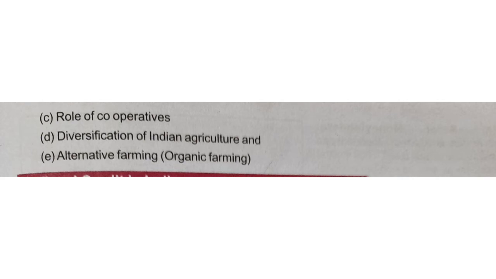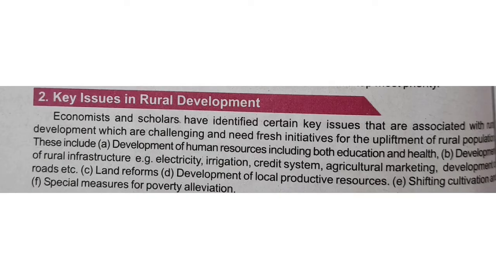And lastly, we talk about the alternative farming system, or in other words organic farming, which is nowadays very much on the rise. So the key issues of rural development are rural credit, agricultural marketing, role of cooperatives, diversification of agriculture, and organic farming. Apart from this, some other important key issues in rural development can be introduced as land